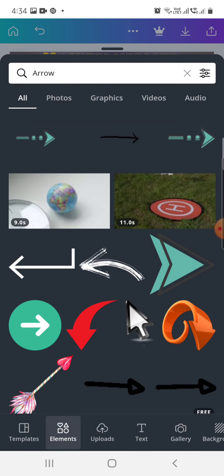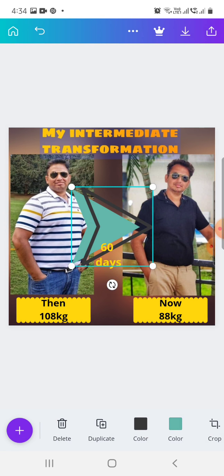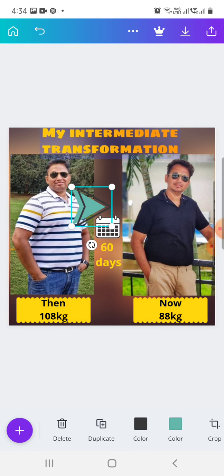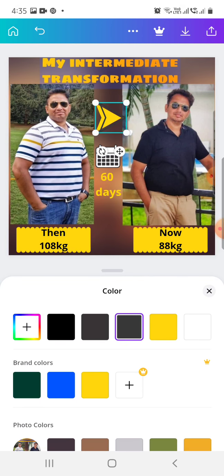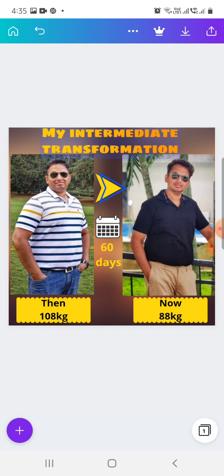So I will use this particular arrow mark here. Yeah. Here I can also select the color whichever is required. So yeah, this is the option. So now the collage is ready.